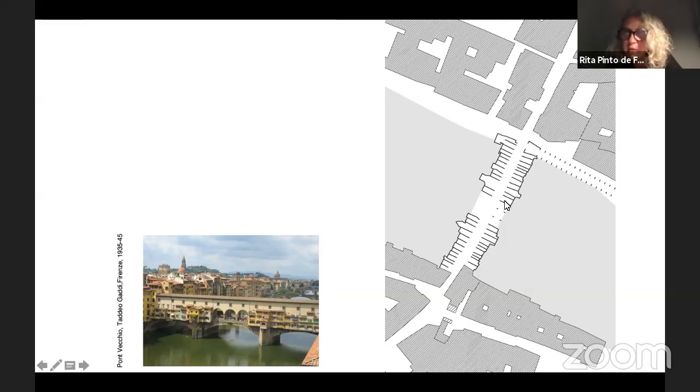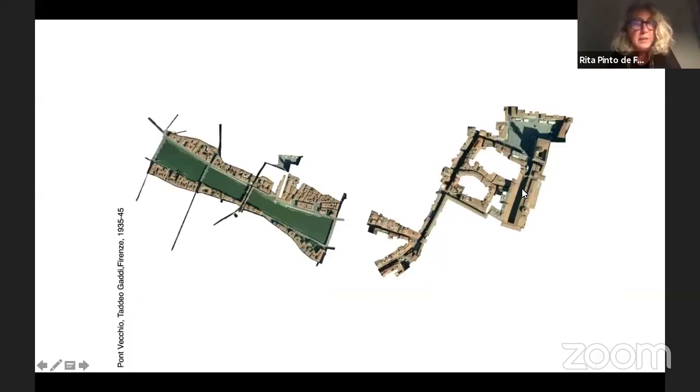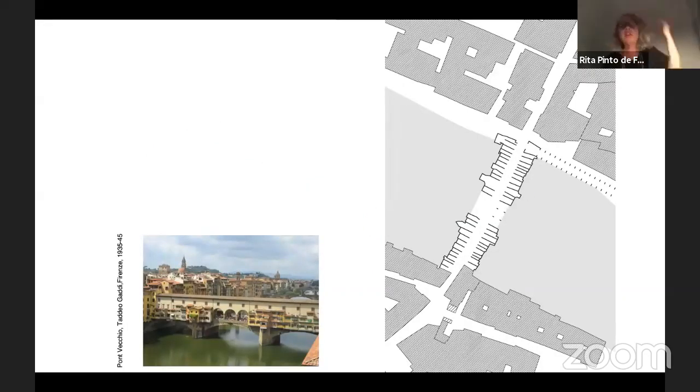So at least we can see one, two, three speeds, no? From circulation that just crosses, from absolutely static contemplation of the river, from an intermediate commercial activity. I ask myself a lot why, all over the planet, we still go on doing bridges that are elements of this continuity, surfaces that connect realities, and in between you are nowhere. No? And this is a very small element, but if we go now to